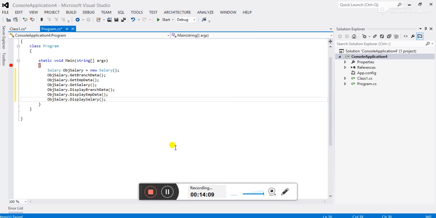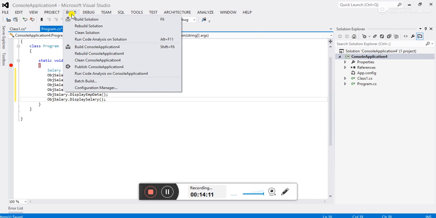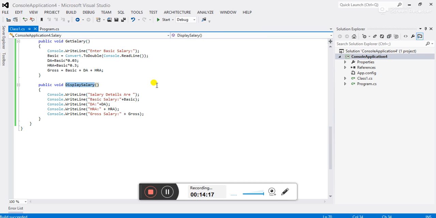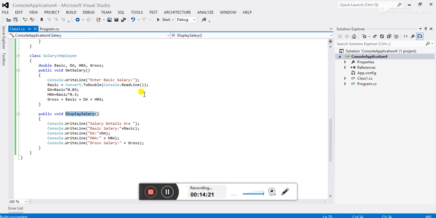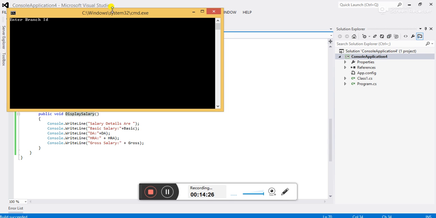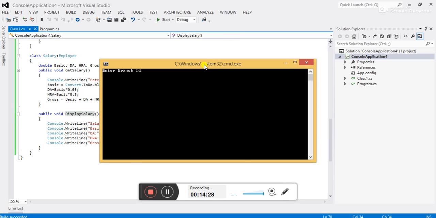So let's save the solution and build the solution. The solution built successfully, and now start without debugging. Now enter the required details here.